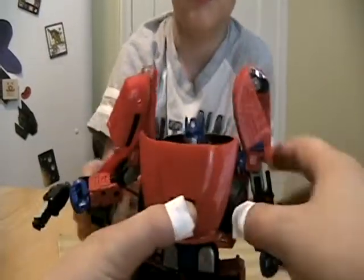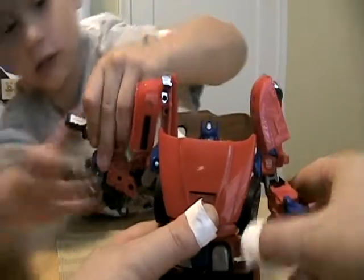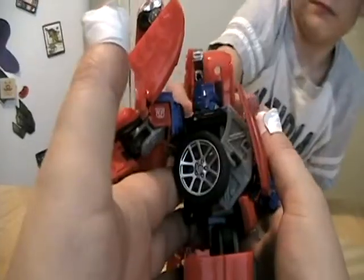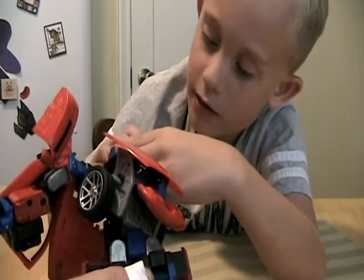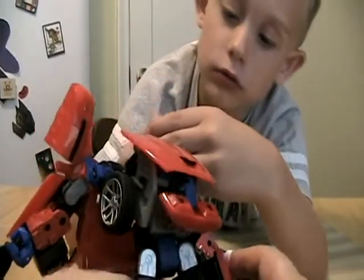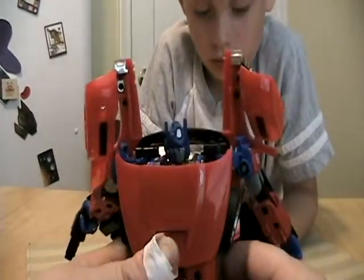I don't know, guys. This is not the best version of Optimus I think we've ever seen. I think this is an okay version, and it's kind of neat that he transforms like this, but you can see from the side it's kind of goofy. I guess no, the side isn't bad. The back's not too bad, just a lot of body parts. I think his robot mode, guys, is really okay-ish. You can see the tires and all the other parts to it. I can see why they didn't do a whole lot with keeping it this way. I mean, these things are an okay thing, but